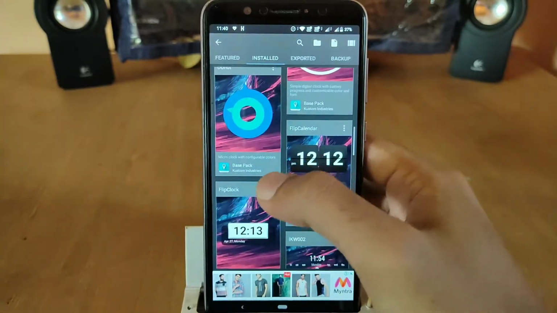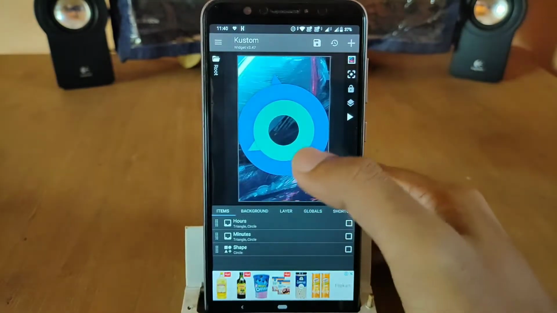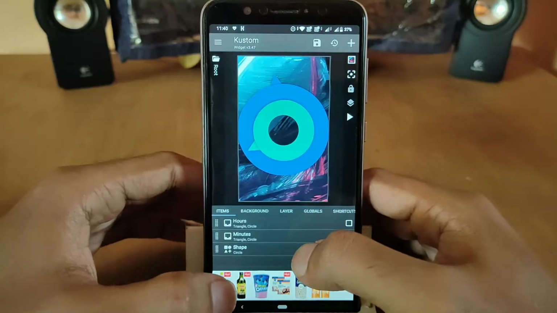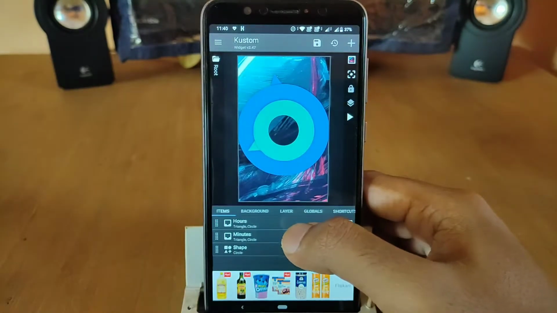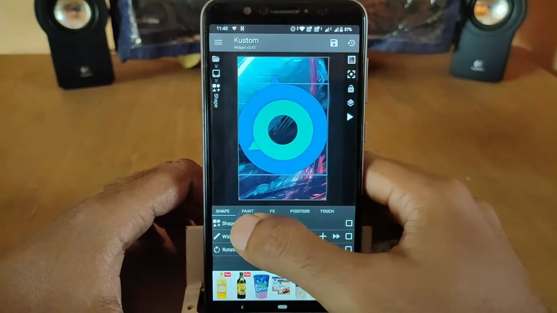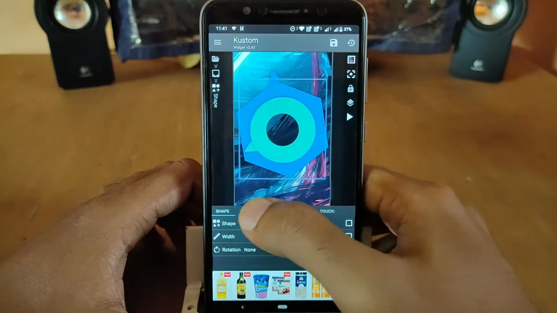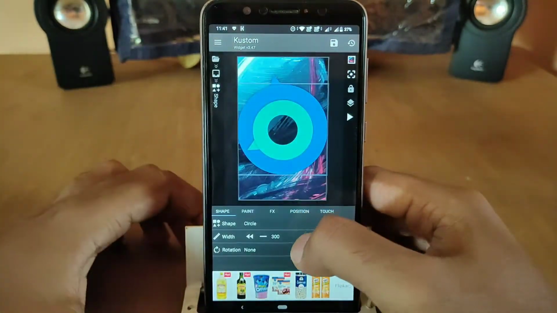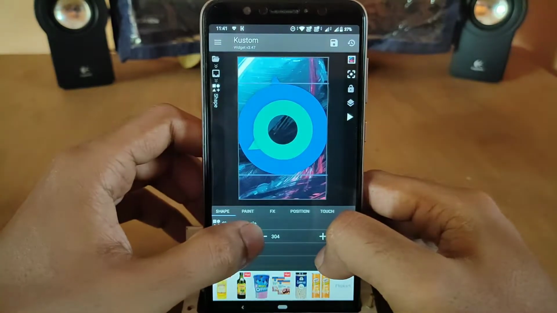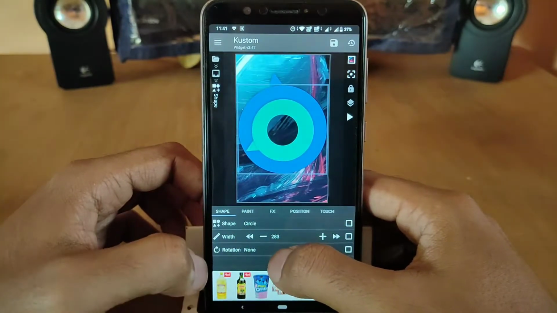So now let's have a look at one basic widget and what customizations you can do with it. For example, if I consider this widget here, there are many things which you can change. Say for example the hours, you can change the shape. If this is a circle and I say hexagon, it turns into a hexagon. So I'm going to keep it as a circle now. Then there is a width here which you can change. Again, you can see it can become thin, fat. And this is the rotation.